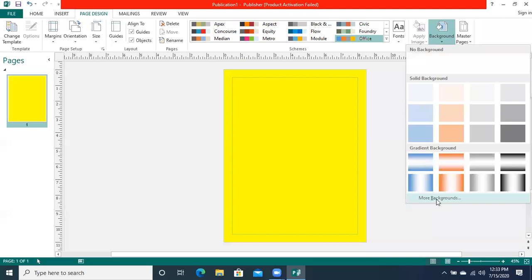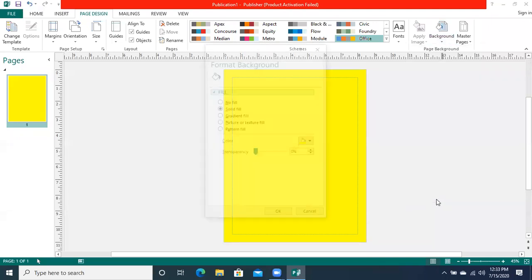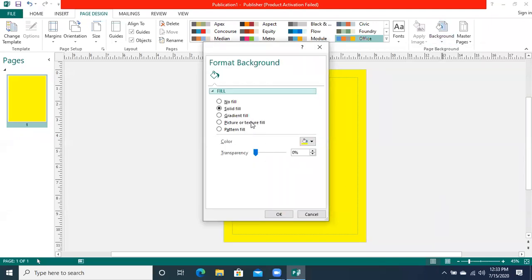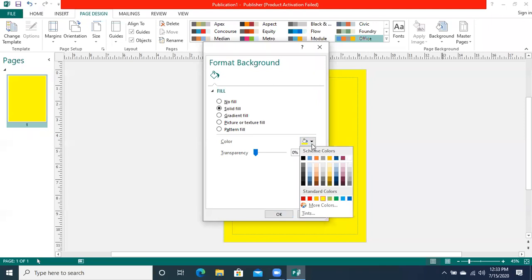So I went to the more background options, I go to the solid fill option, and I select some color from here, any color that I want. And then when I click on it, I can select it.